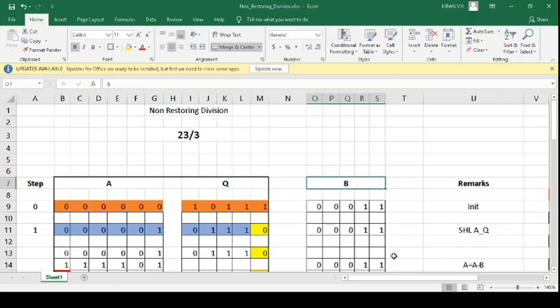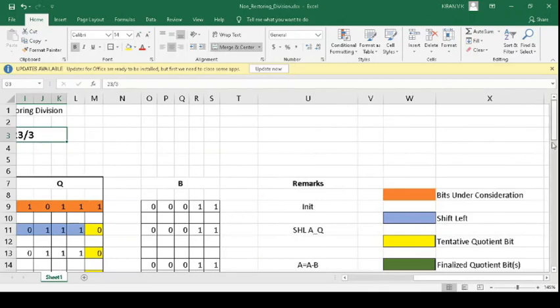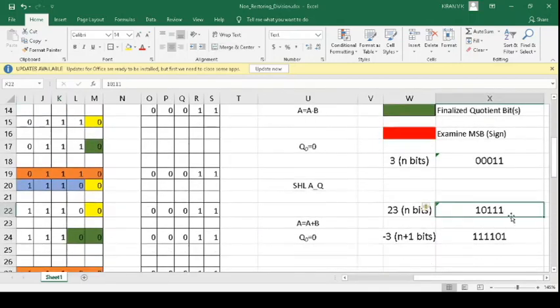As usual in the case of restoring division, the logic is that it should be of at least the minimum size to hold the greater of either Q or B. So let's see our Q and B. Here in our case the dividend is 23 and the divisor is 3. Our dividend 23 requires how many bits? It requires only 5 bits for representation, and our divisor 3 requires only